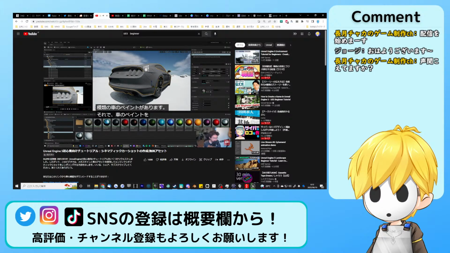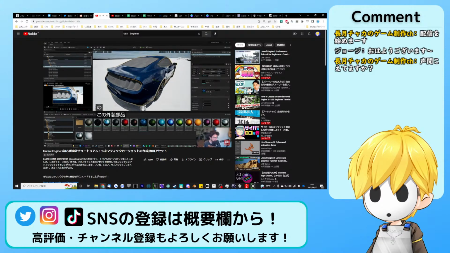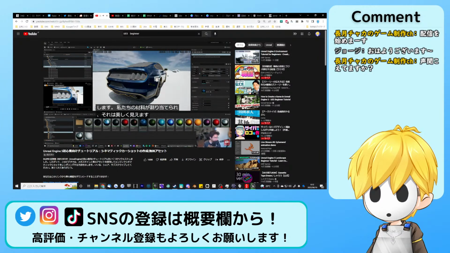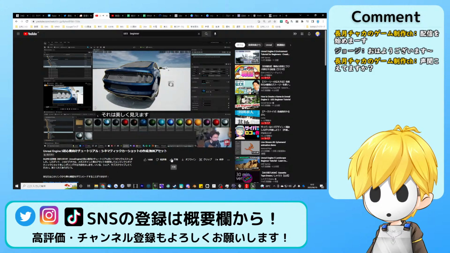So I'm gonna be using the car paint dark blue, and just gonna be dragging it on this exterior piece of the car, and just like that we have our material assigned and it looks beautiful, right? Okay, cool. Moving ahead,